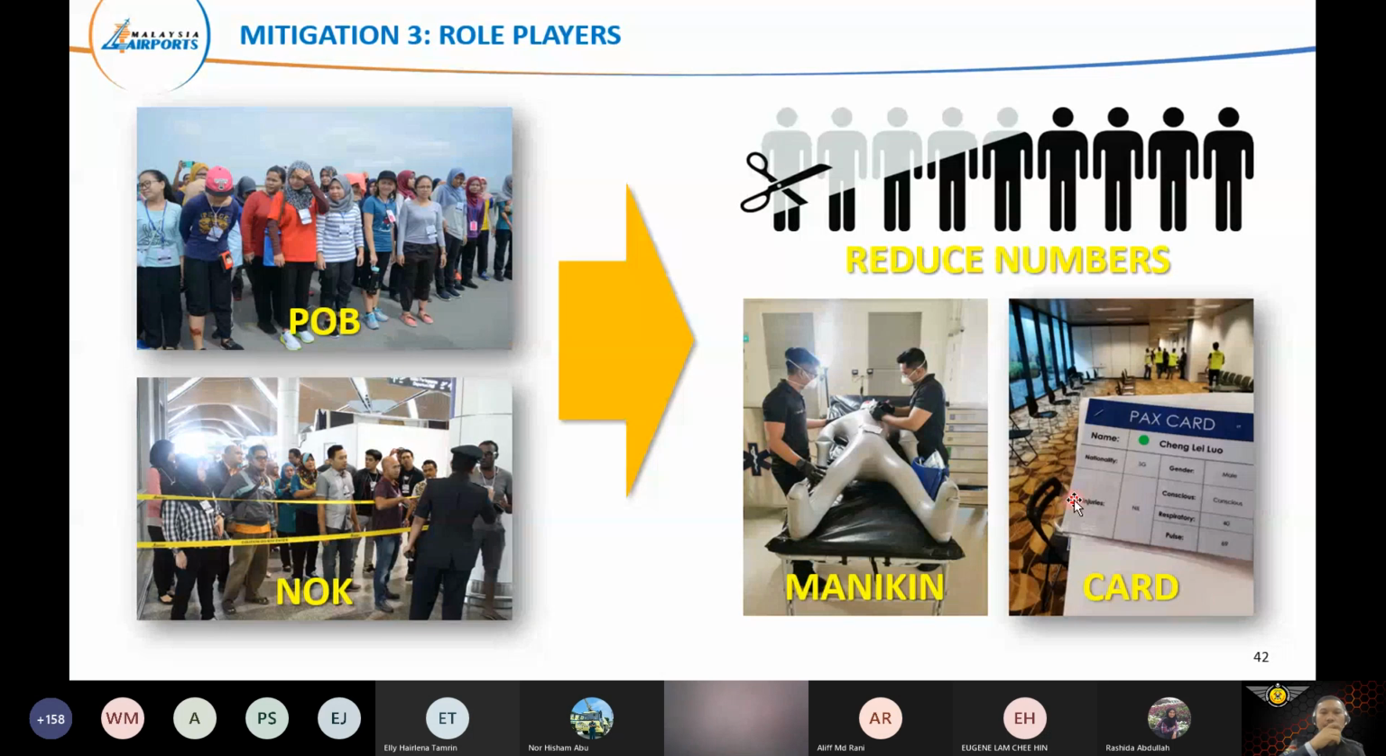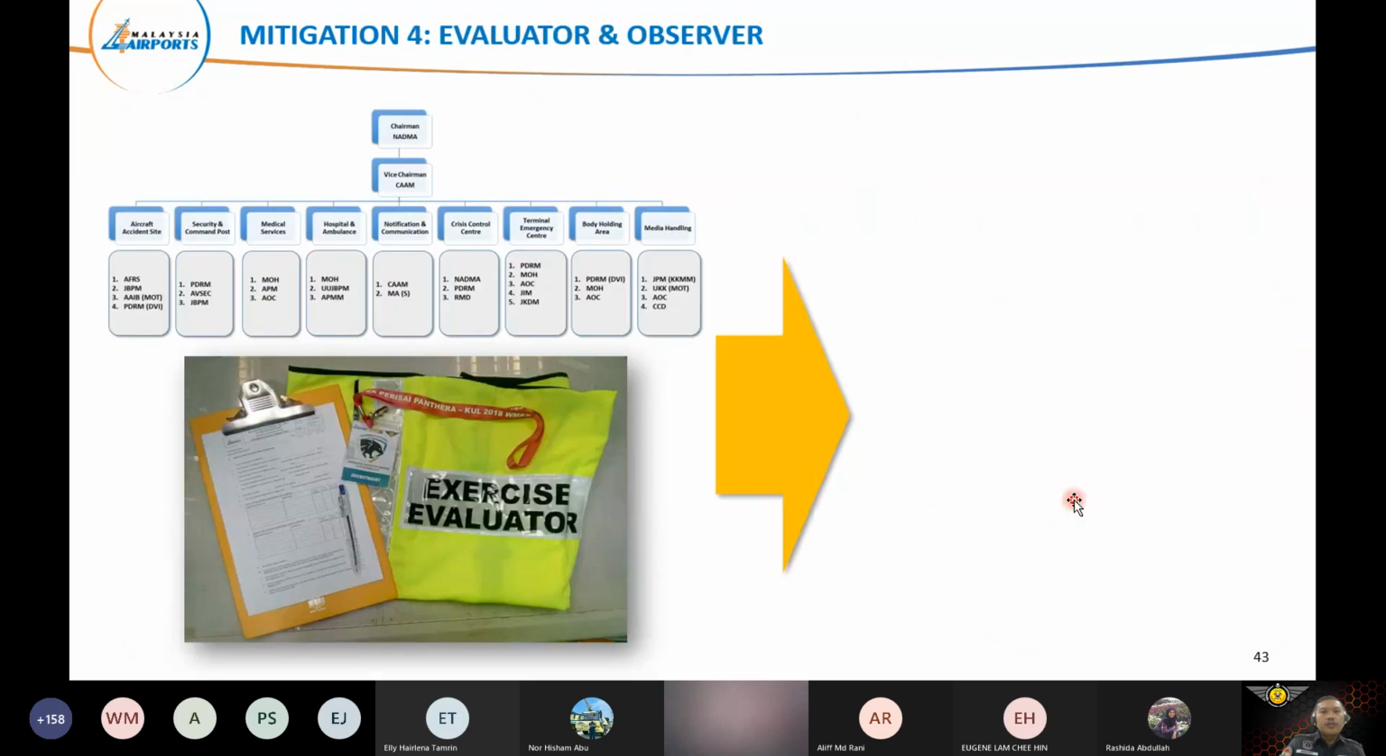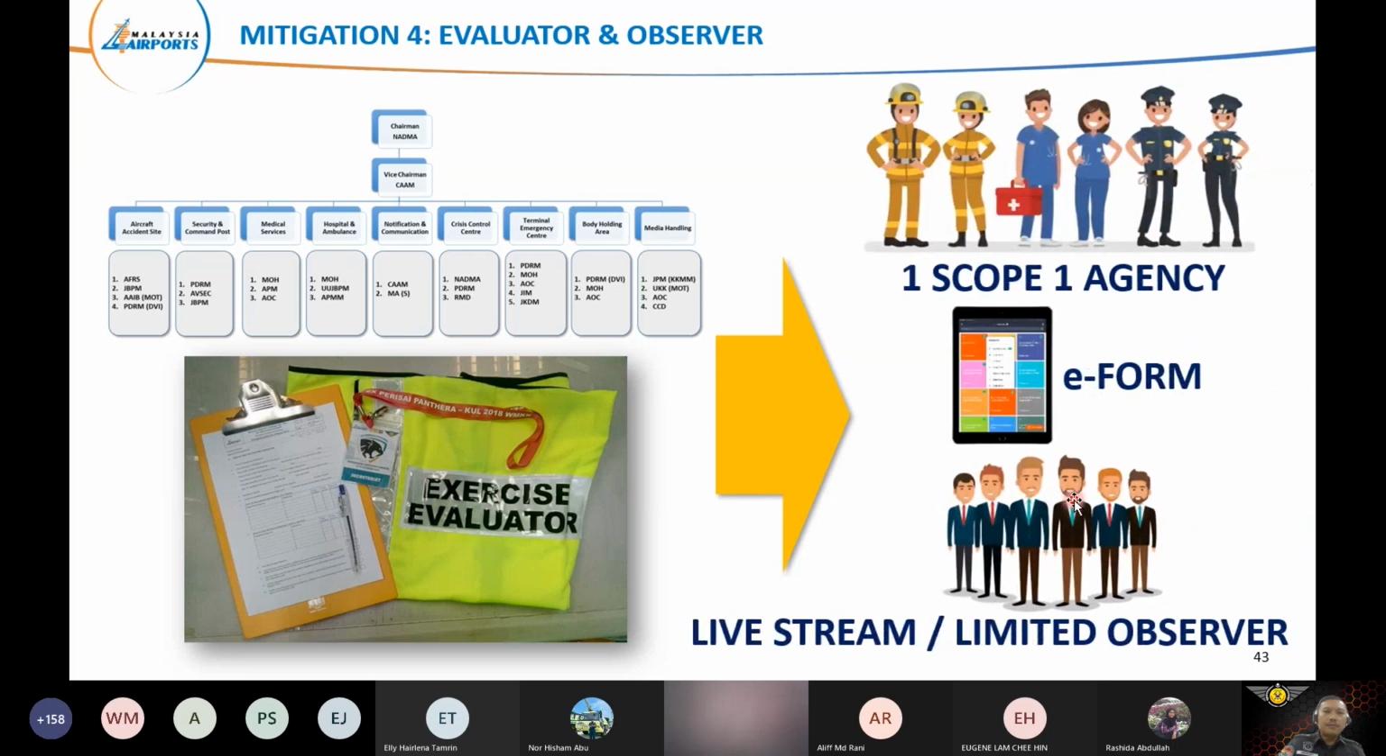Same goes with next of kin. We can reduce the number of next of kin participating in the exercise. So evaluators and observers, definitely. We have around 20 evaluators normally on normal days, but we can limit the